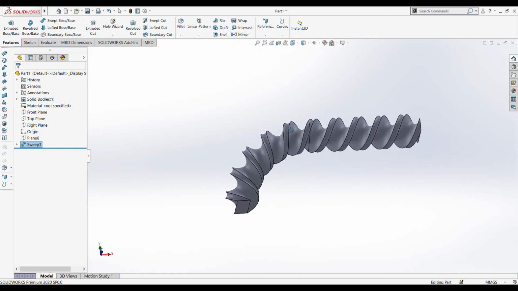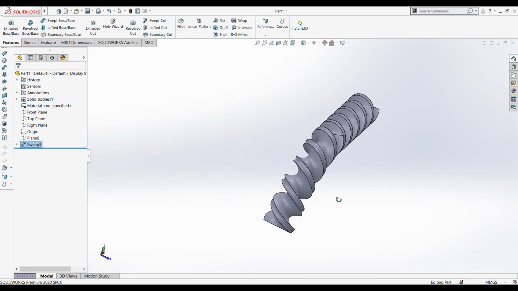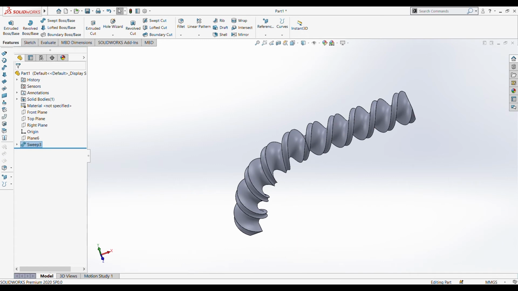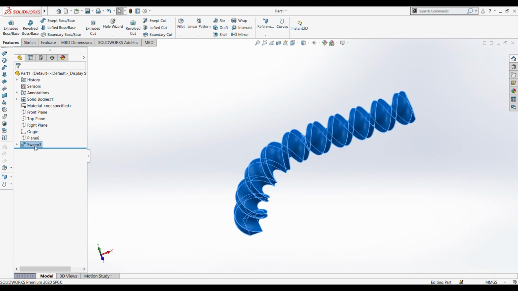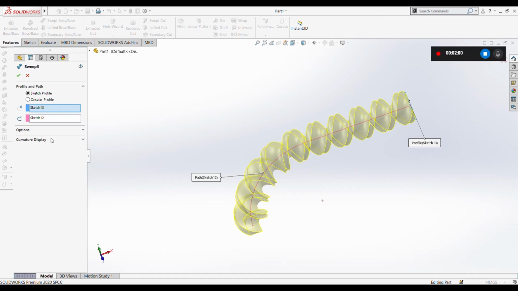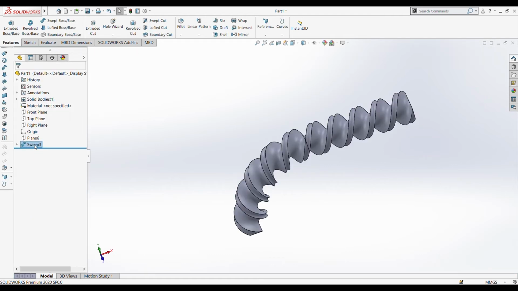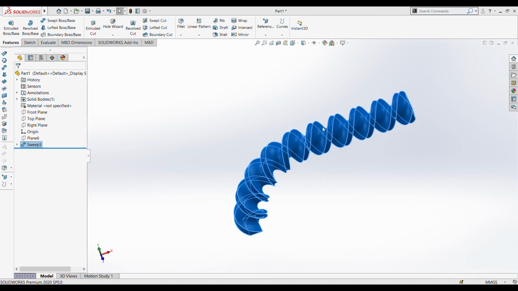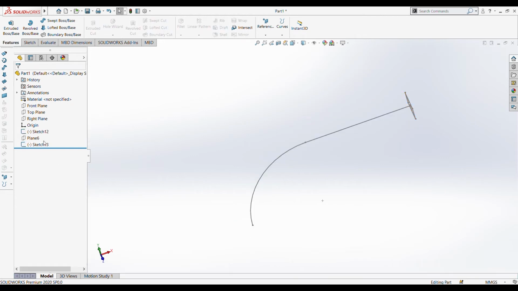So this is how it is done using twist, and also thin feature is available as I showed. And now, as we can see, there is another option over here for guide curves. So let's do another sketch by first let's delete this, and we have to draw a new sketch for that. So delete all of this.